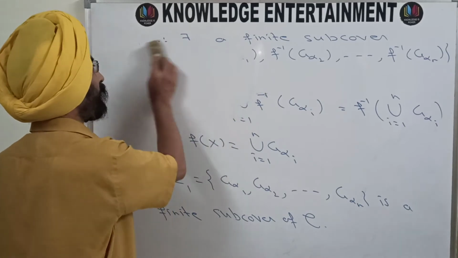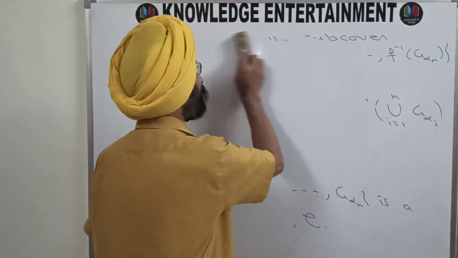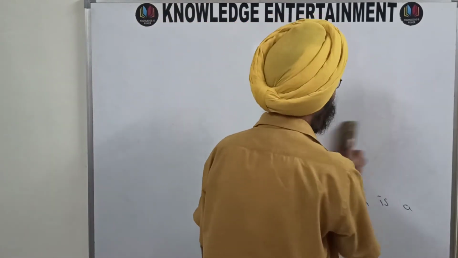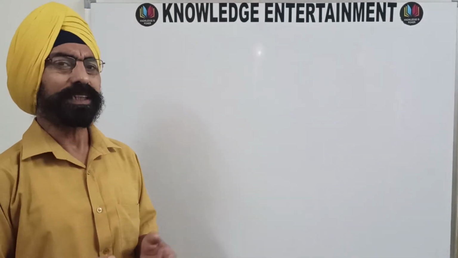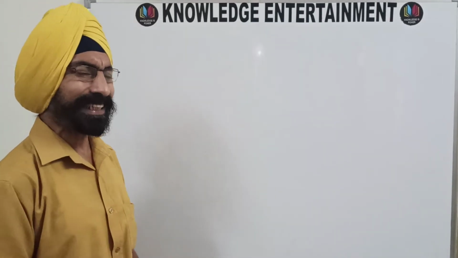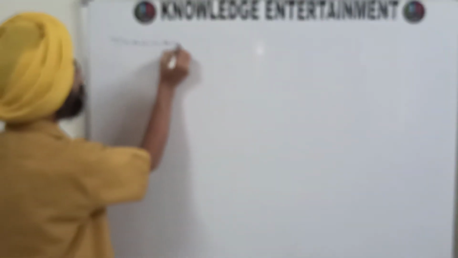So I'm moving on to the next theorem, which is very much similar. The only difference is that here we had the continuous image of every compact space is compact, and now we are having the continuous image of every compact set is compact. So the next theorem is very much similar.